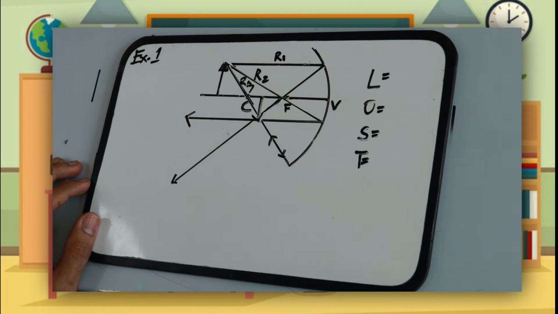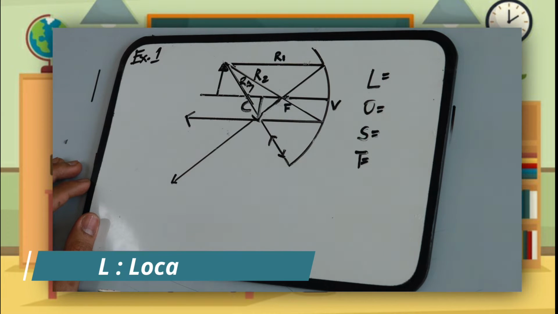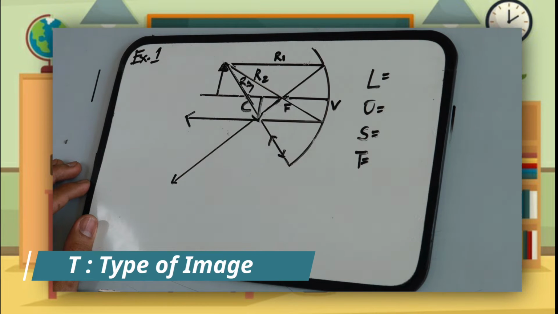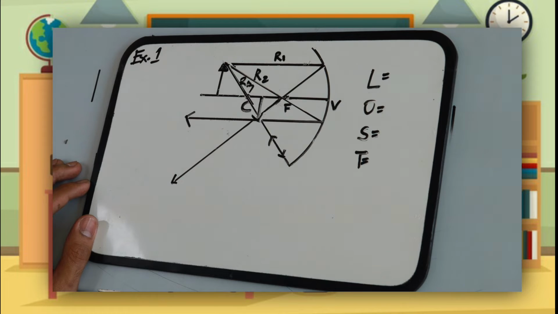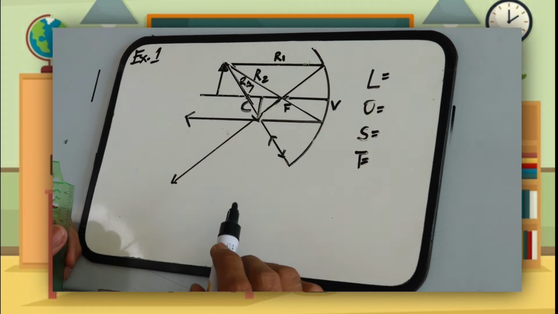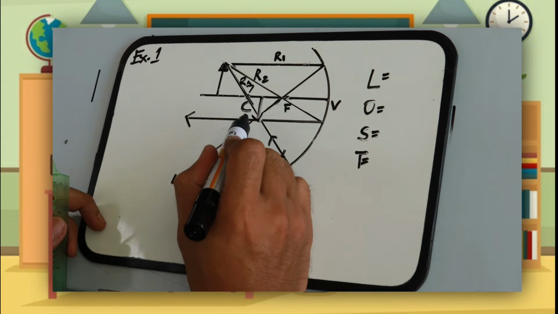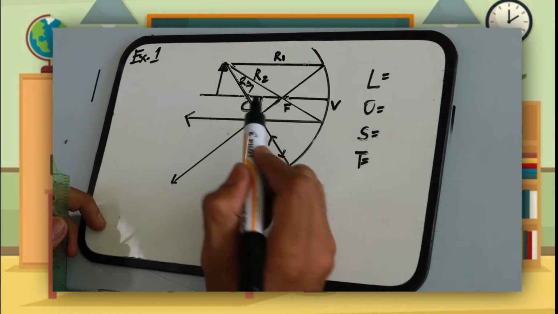LOST. So what does it mean? L for the location, O for the orientation, S for the size, and T for the type of image. So going back to our image, this is our image, then we're going to describe this one